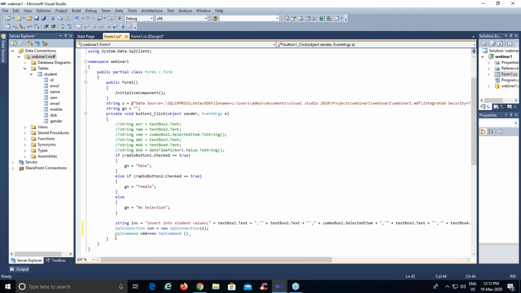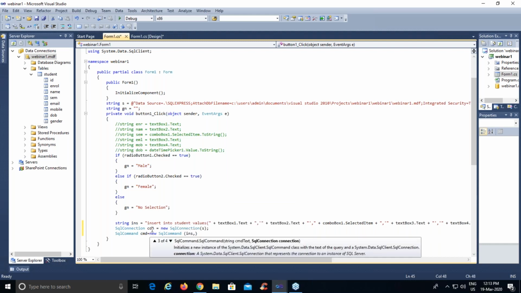Now this command class takes two arguments. The first argument will be your query. We have written our query in this particular string variable ins. So ins will be passed as the first parameter here. And the second parameter will be the object of the SQL connection, that is con.